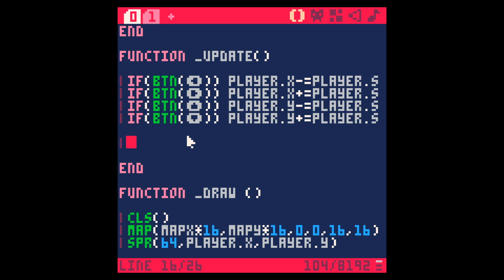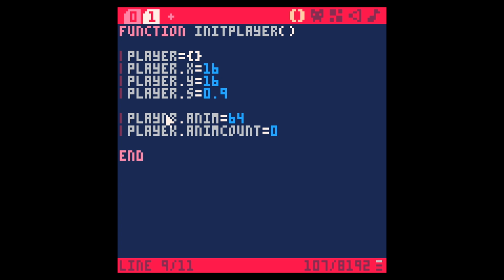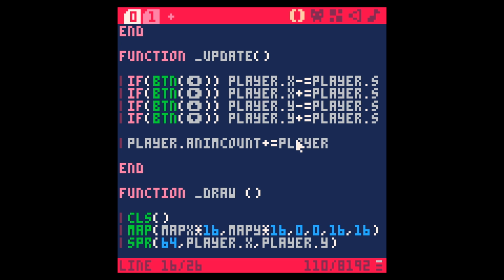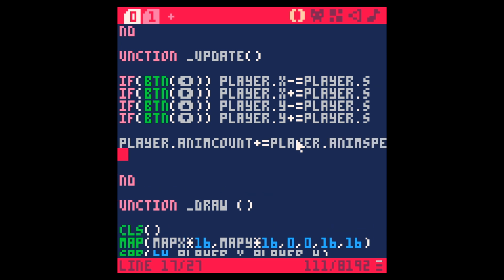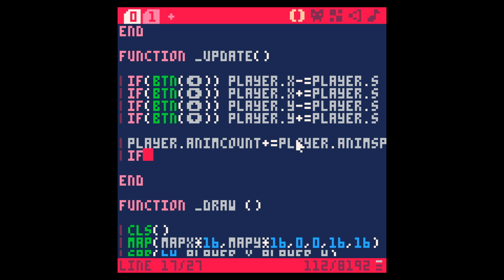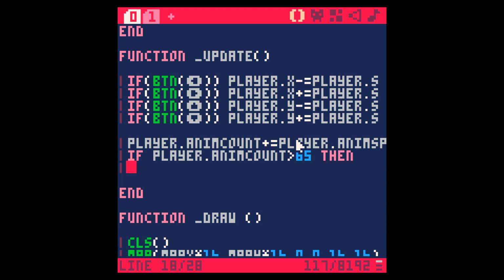So then what we're going to do is every frame we're going to say player.animCount plus equals, and then let's give this another value, player.animSpeed. Stop putting semicolons on the end of everything. And then we want to say if player.animCount is greater than, and we're going to say 65 for now, because we're going to add one more animation frame, then